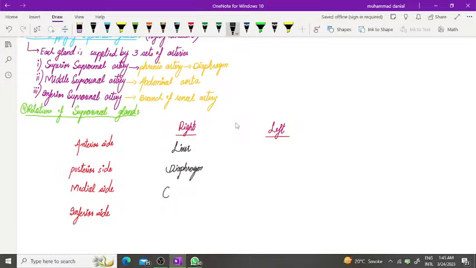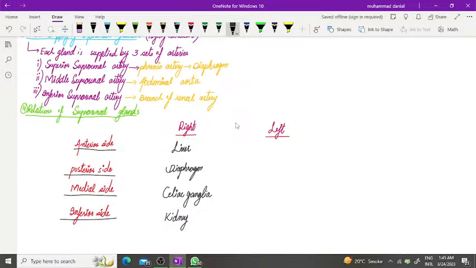present. Celiac ganglia is present. And if I talk about the inferior side, definitely the kidneys are present. Kidney, yes. Okay. And if I talk about the left suprarenal gland,